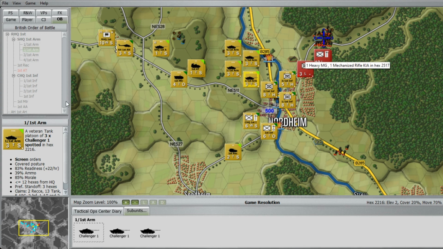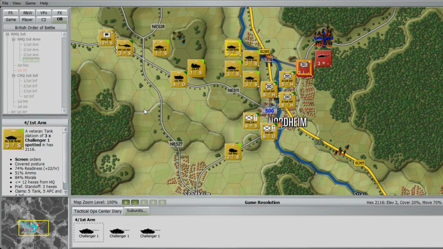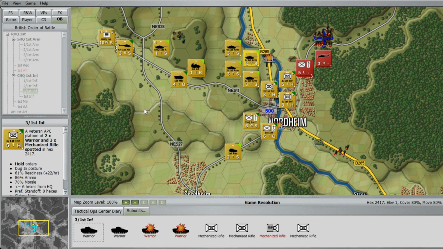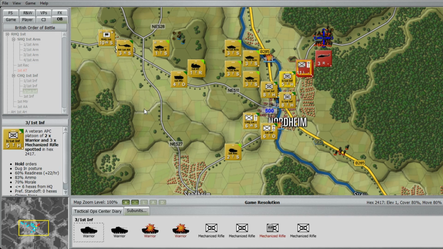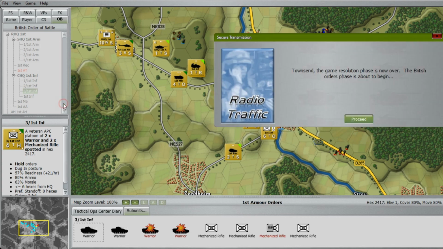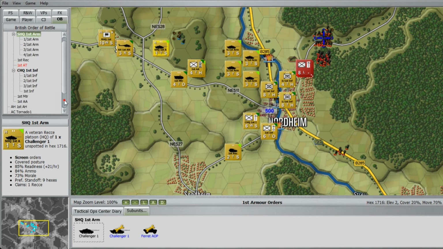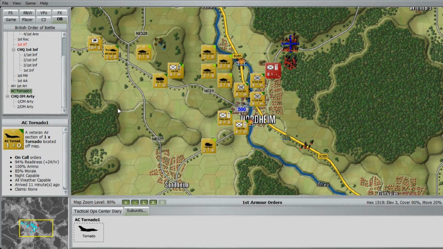I'm hoping I can get this because I wanted to showcase this air support. I'm hoping I can get that so you can see what it's like when you get air support. Okay, let's just see. Okay, this my phase is over. Let me just see when this. Okay, the tornado's available. Okay, I've won the scenario already, but I just want to show you how you use